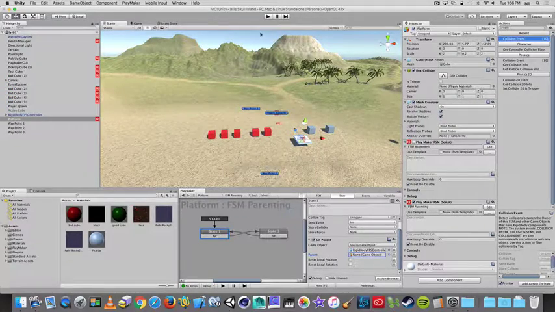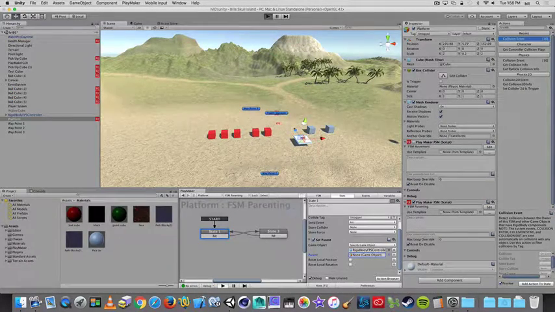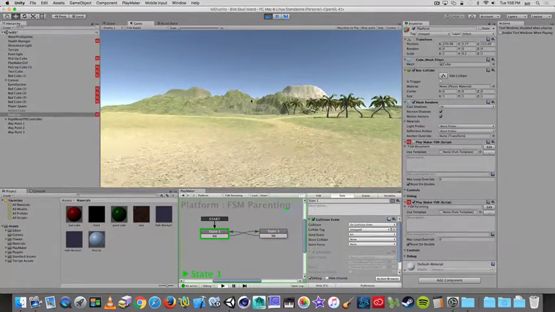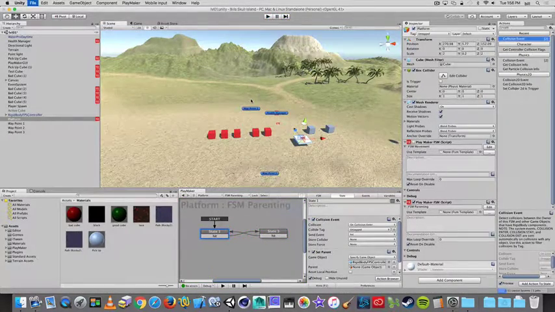There we go. So we should have some logic. Basically, the result is that when we land on the platform, we're parented. When we jump, we unparent. Okay, so see how that's working dynamically inside the scene? Okay, and now if we applied our movement to that,